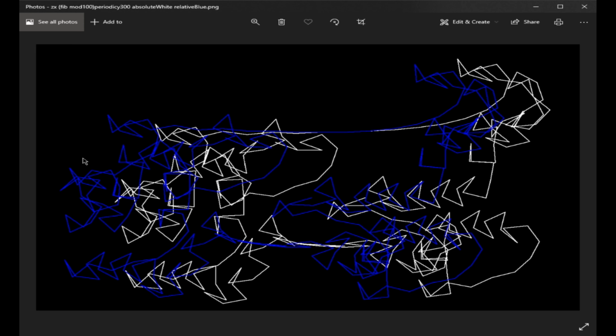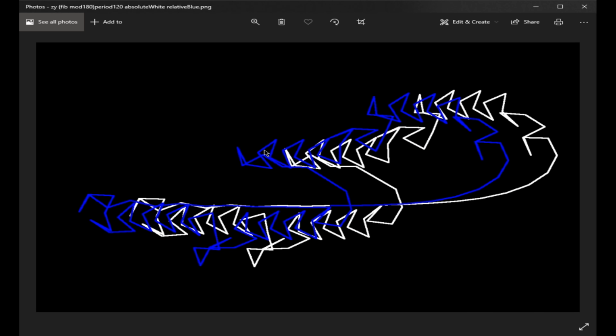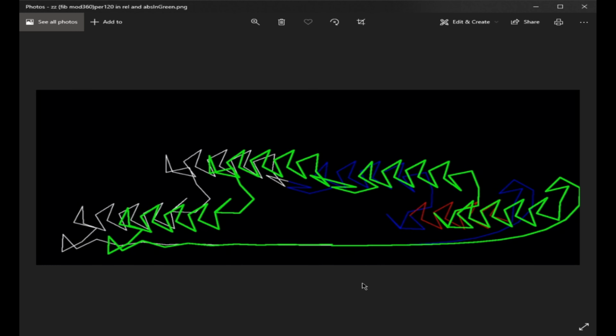We sort of learned to expect that from the Fibonacci sequence, though. And just another example of that, this is with mod 180 from the absolute and relative. And again, this is Fibonacci sequence mod 360. One is a translation of the other from the absolute and the relative systems. So yeah,